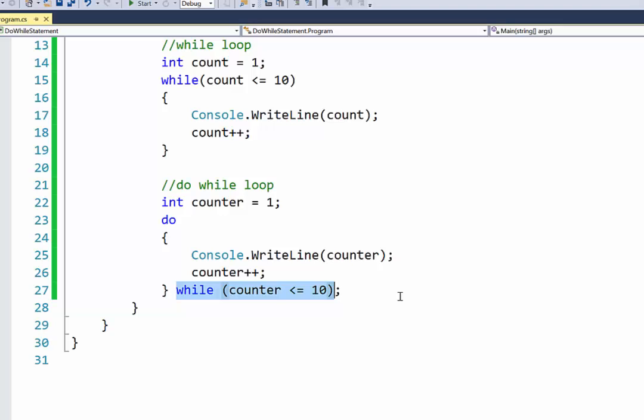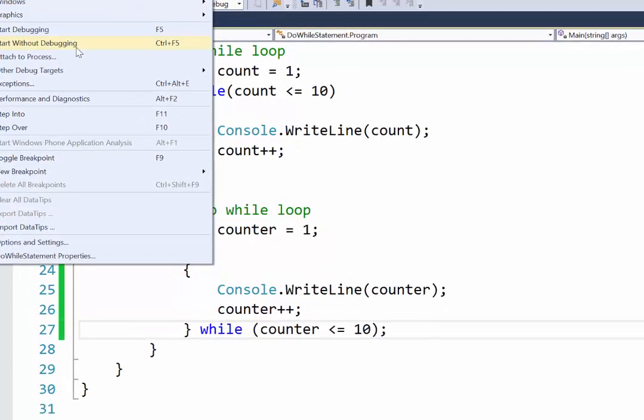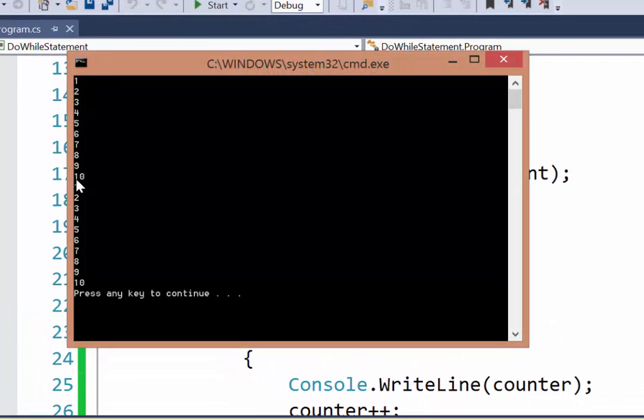And I do want to point out, this is one of the few times that you'll put the semicolon behind the parentheses like this. So in if blocks, regular while statements, properties, and other ways that we write with parentheses, we usually never put a semicolon behind it like that. So this is one of the few times that that is the acceptable syntax, and it will cause an error if it's not there. So when we run this, we can see we get the exact same result, 1 through 10, just written two different ways.